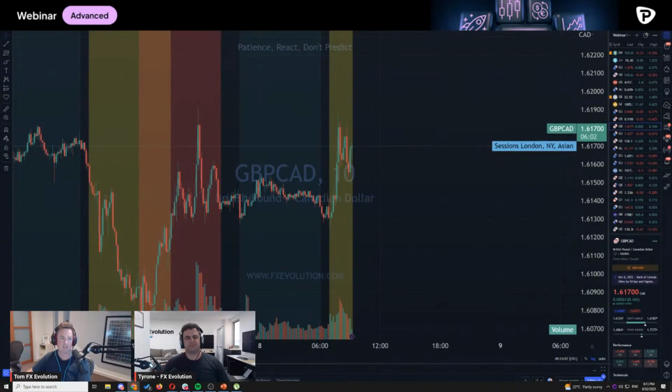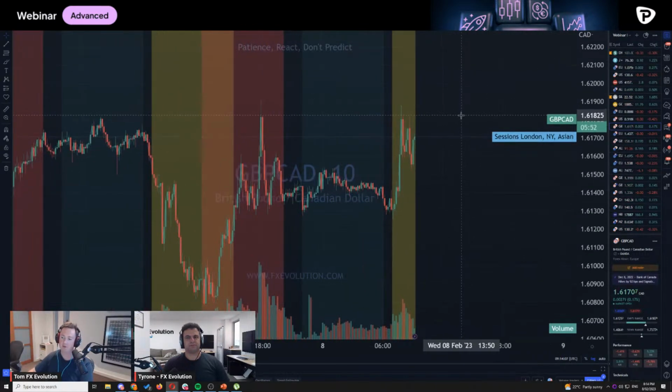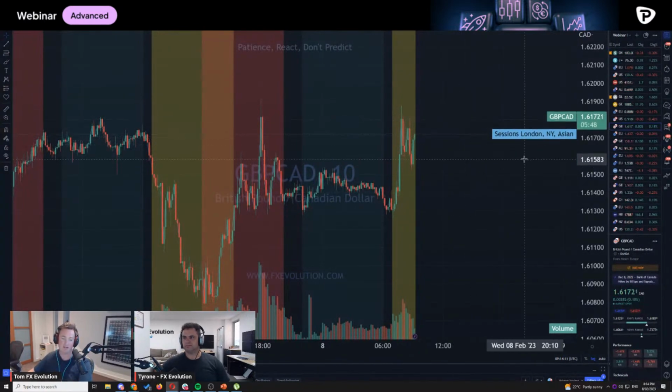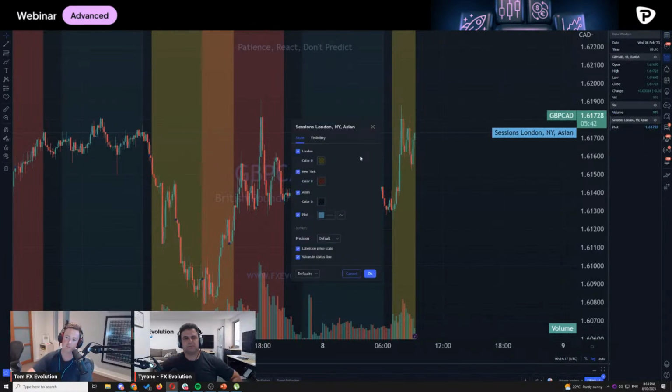So just like magic, we've moved over here. Now, what I've additionally added here is just a basic indicator. This is using TradingView. And of course, the great thing about Pepperstone is you're able to get access to TradingView. All you need to do is connect, I guess, that particular trading software with Pepperstone. Now, over here on the right-hand side, I've just set up an indicator that you can easily get, which is called Sessions, London, New York, and Asian.